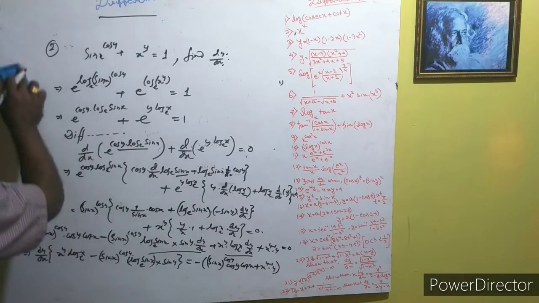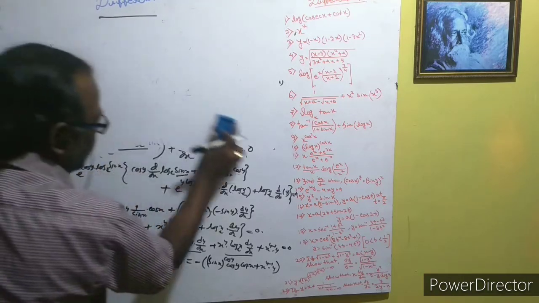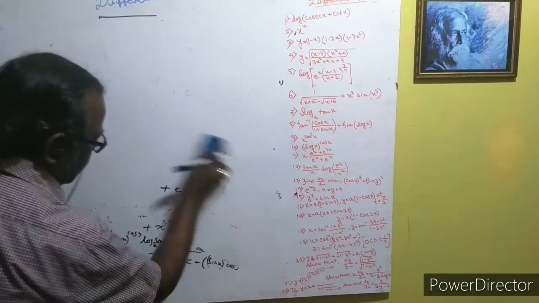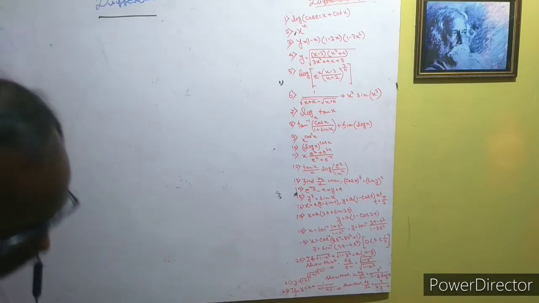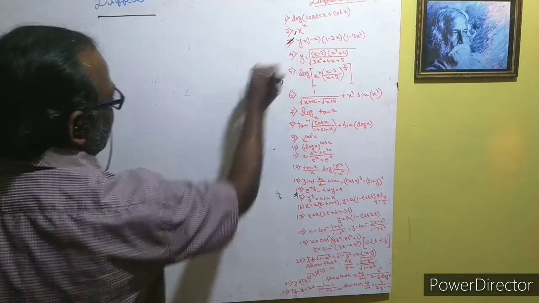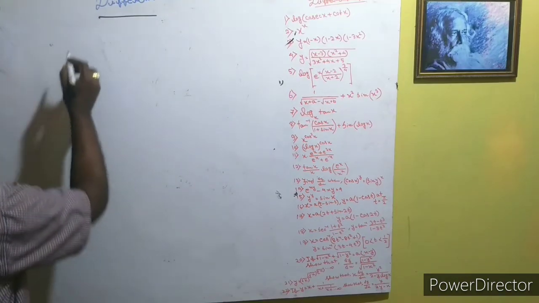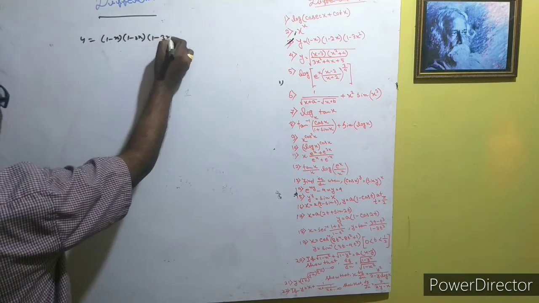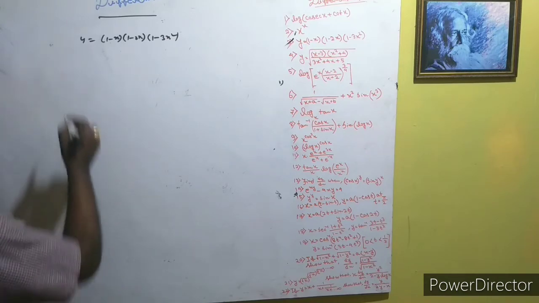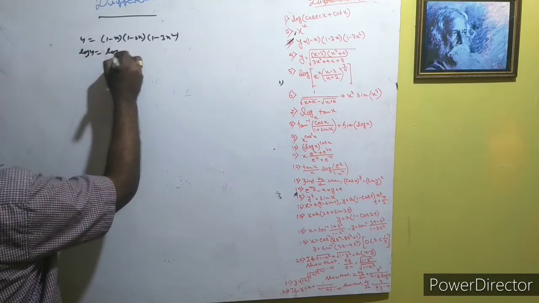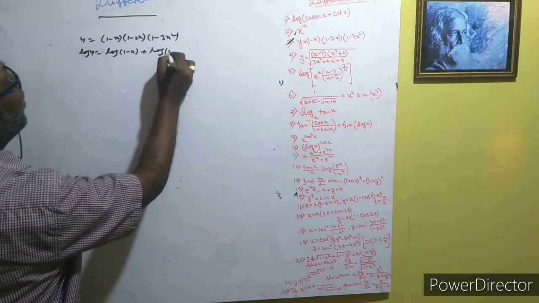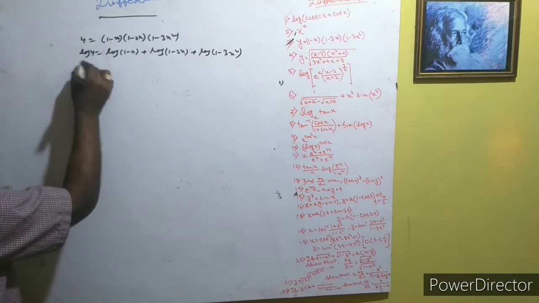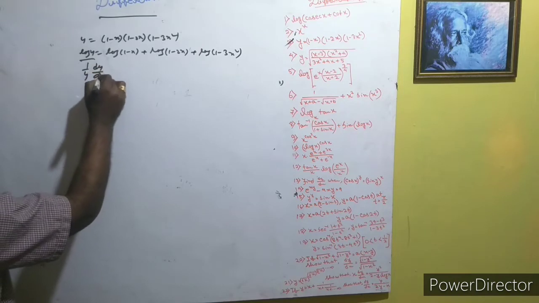Okay, now the next point: we have to use the logarithm here. See, this type of three product are given. So y is equal to 1 minus x, 1 minus 2x, 1 minus 3x. So it would be easy if we take the logarithm. So that's why log y, and log of 1 minus x plus log of 1 minus 2x plus log of 1 minus 3x square. So differentiate this, we get here 1 by 1 minus x, and also repeat here, okay, and